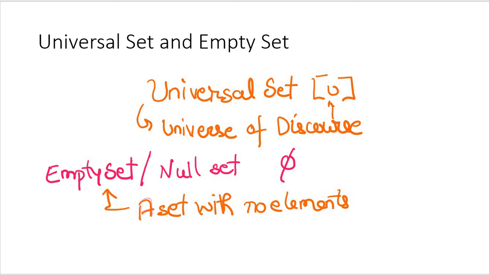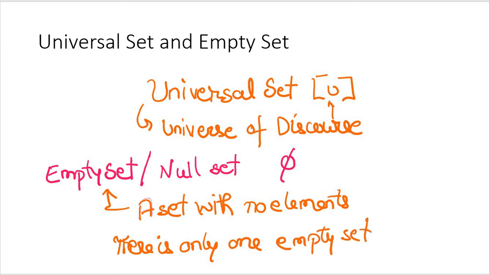The point to be noted is that there is only one empty set. I cannot have more than one empty set, right? Empty set means a set with no elements, so that's something which is unique. Universal means the entire contents of which every set will be a subset. Every set is a subset.